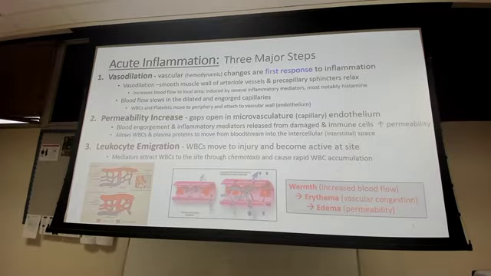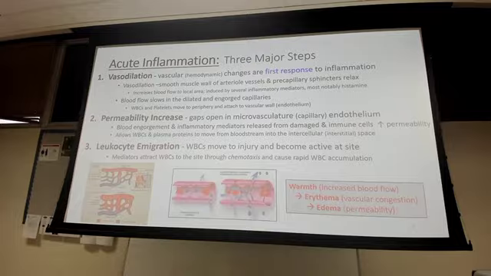So when we talk about inflammation, there are three major steps. Now there are a lot of other little steps within inflammation, but I think it's helpful just to know the three basic ones. So first off, there's some type of trauma, some type of injury to our body, and it's not on here, but I think it helps to make this clear that within our body we have these